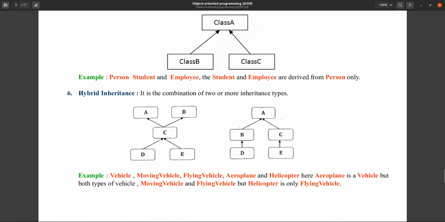Next one is hybrid inheritance. So what is hybrid inheritance? It is the combination of two or more inheritance. If we are combining any two or more inheritance, it becomes hybrid inheritance.